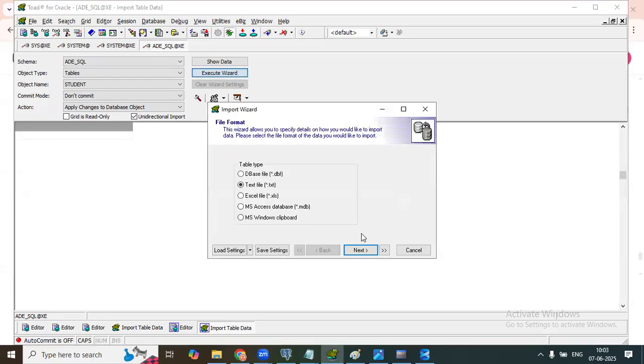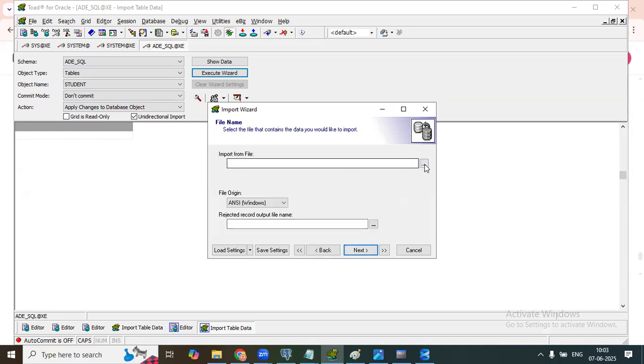If you click okay, then text file. The wizard asks how you'd like to import data; please select text file, or CSV, Excel, whatever it is. Click next. You can say where your file is, select it, and follow the steps. You'll be able to import the data into this table. Is it clear? I'm not showing you the entire thing, but are you clear?